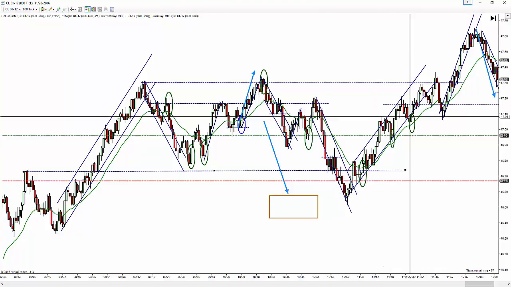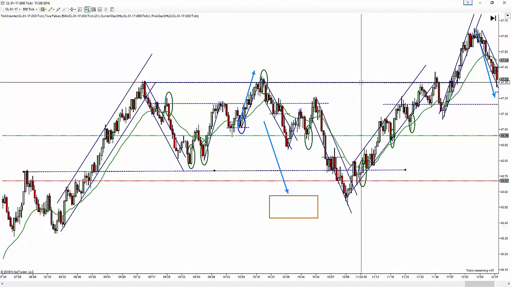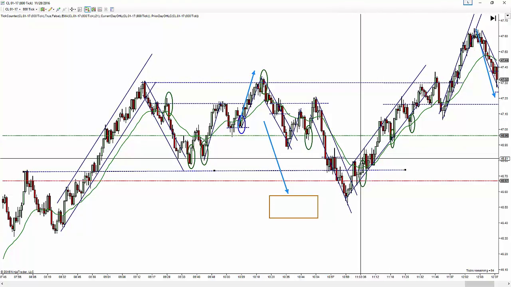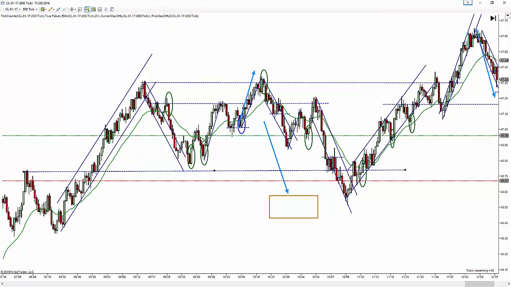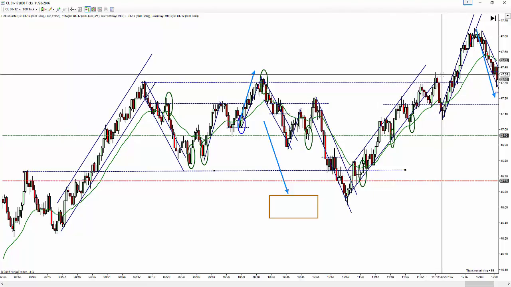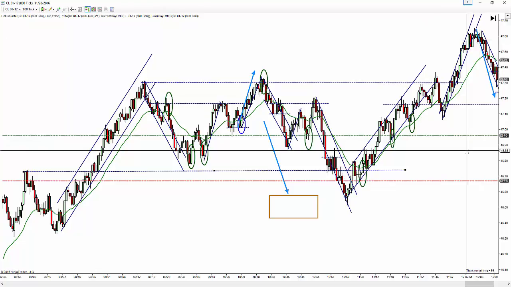So on this way up, as price is approaching where the overnight daily high has been, it develops into a nice little trend. A couple of areas to get in here: first pullback, second pullback, room to get out. And now once you've got to this area, there's another one where you think you're going to retest where the daily highs were. You can see that one, and there you go, right to the rest of the day.